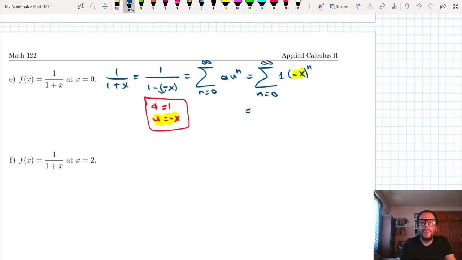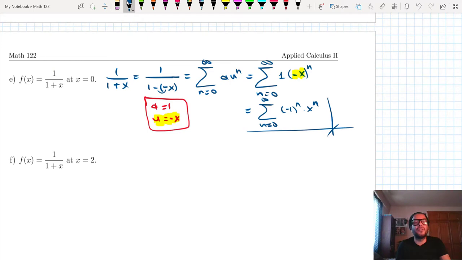So this will be sigma n equals 0 to infinity, negative 1 to the nth power times x to the n. And that's the series representation for the function 1 over